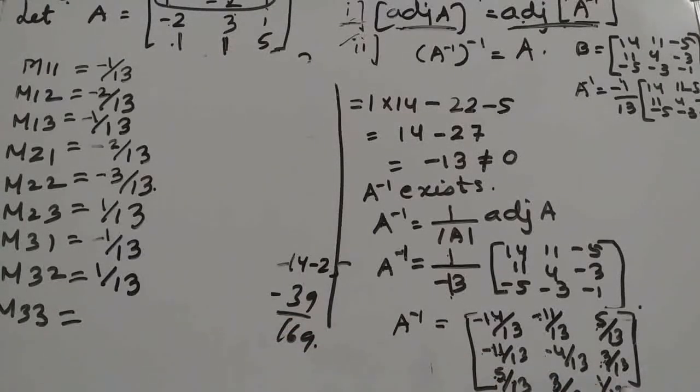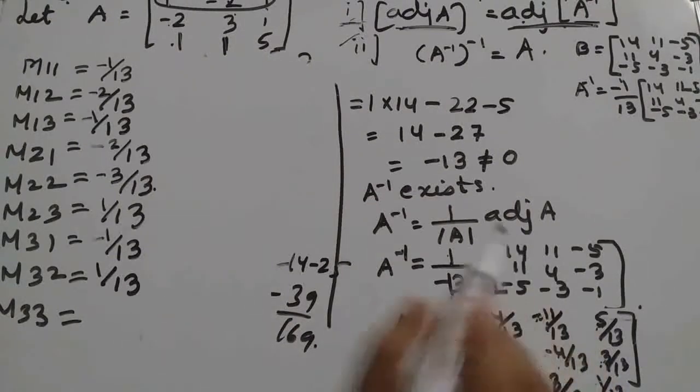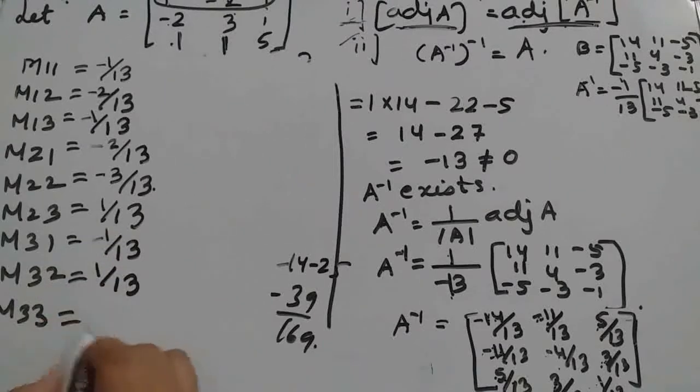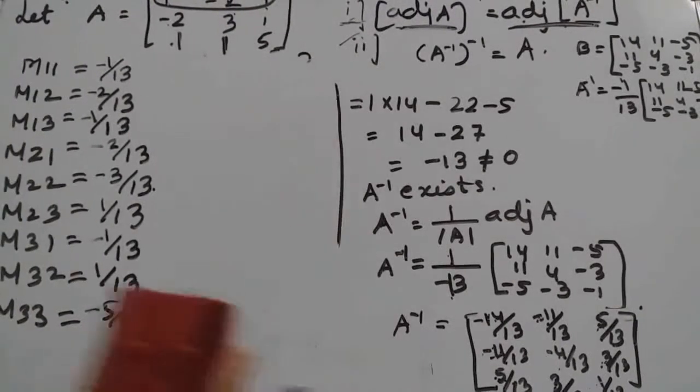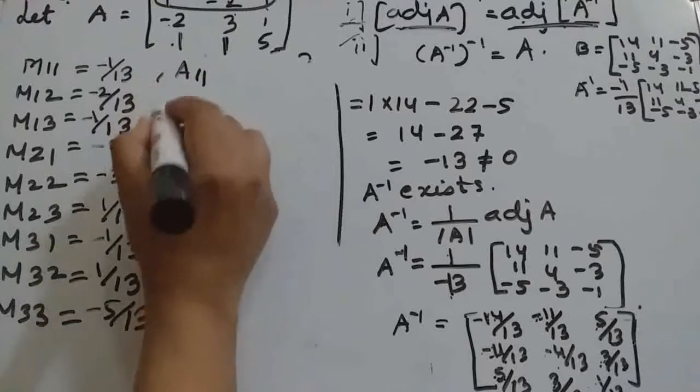Lastly, third row, third column means 56 plus 121, that will give 65 by 169, so minus 5 by 13. Okay, so the final answer of cofactors will be